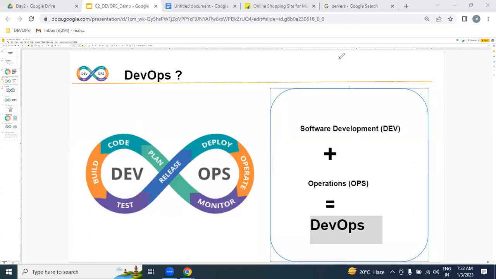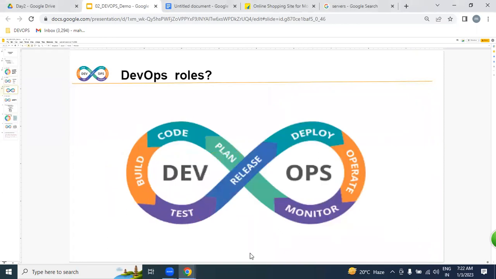What exactly are we doing in this process? We are implementing an automated process from the dev environment to the production environment. That is exactly our prior goal.